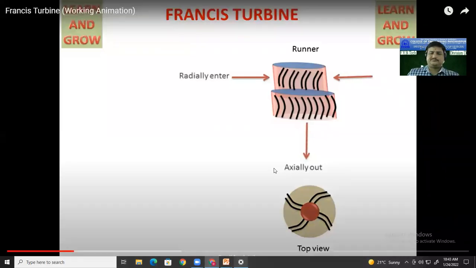See, don't concentrate on upper diagram, concentrate on lower diagram. So water is coming and striking on this particular runner part. So water is coming over here and striking on this runner vanes, and this water is coming to that runner